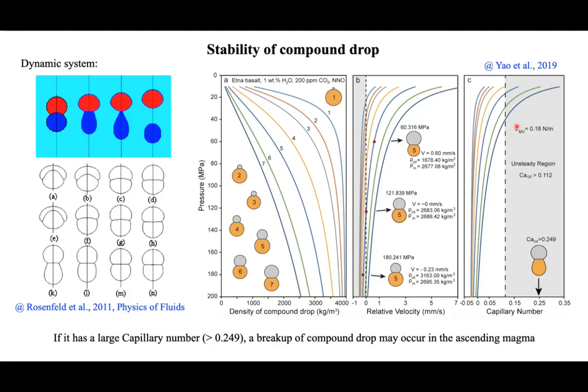So I think it may actually also be good for the ore-forming system, because in a slow dip, the air and the sulfide will easily break up, to separate. And then the vapor bubble will go to the air, and maybe the sulfide droplet will do some settling and then find a suitable place to form the final ore bodies. So this is just talking about the study of the compound drop.